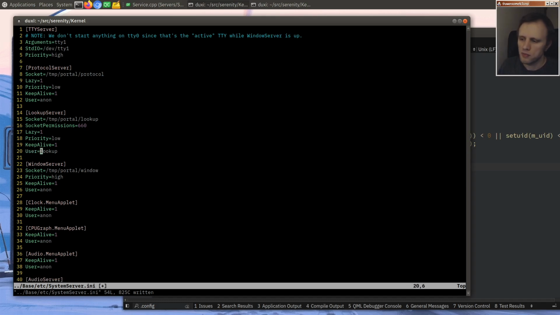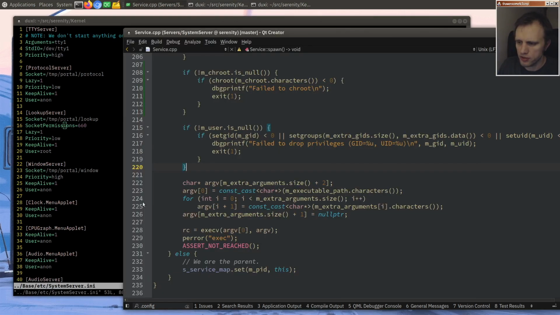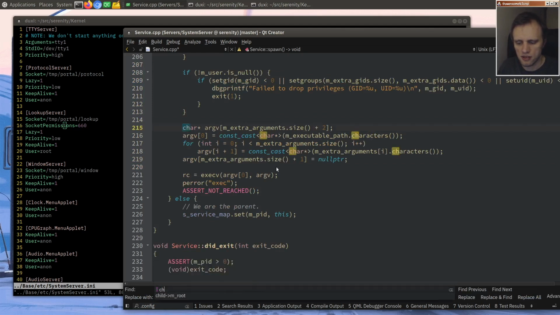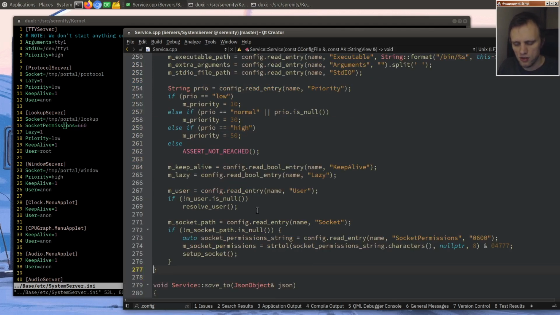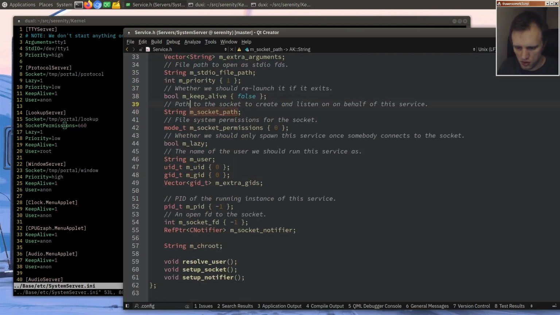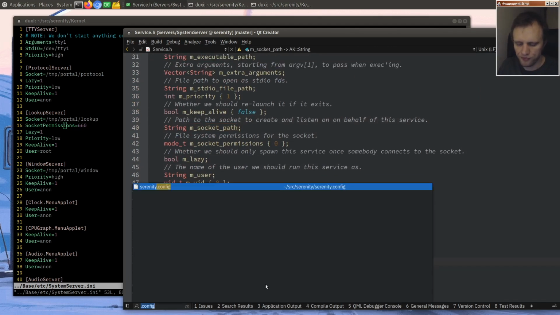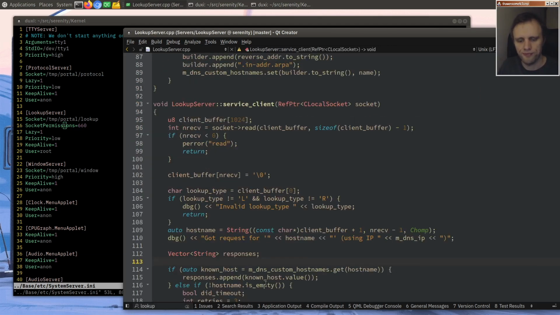All right, well let's just play the other way that I said. Let's run him as root, and we'll tweak the permissions somehow after we log in. But obviously we can't do this. This is not going to work. So I should have realized. Okay, so chroot be gone. And then in lookup server,